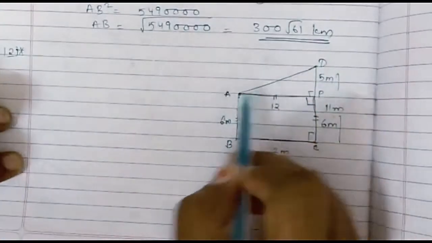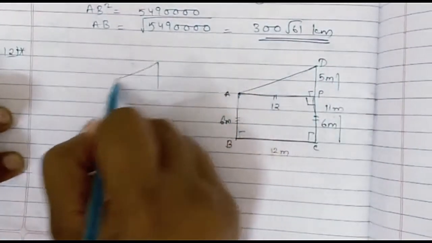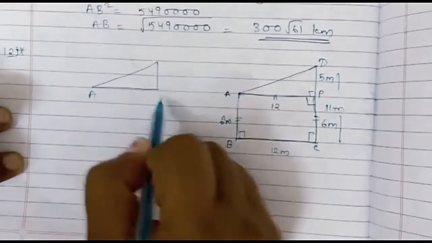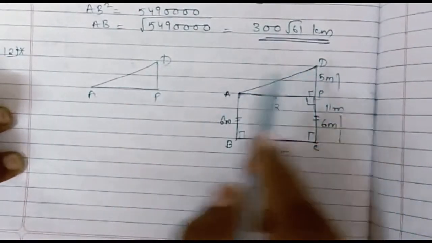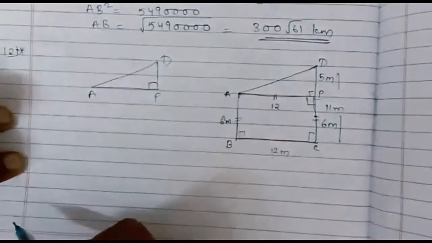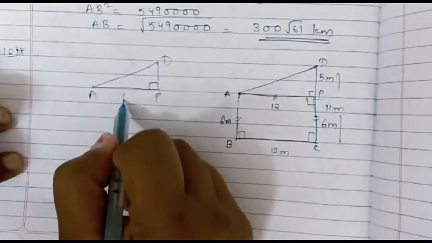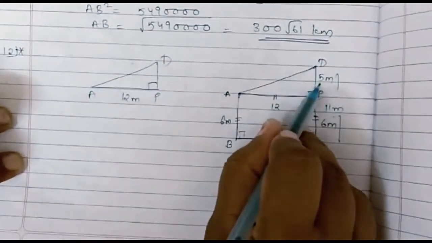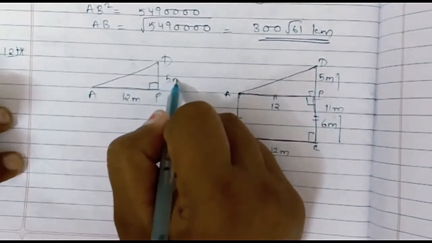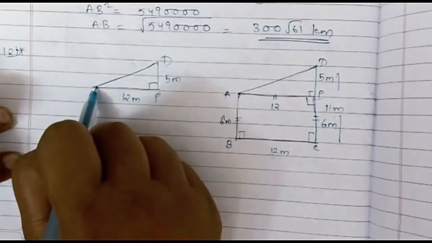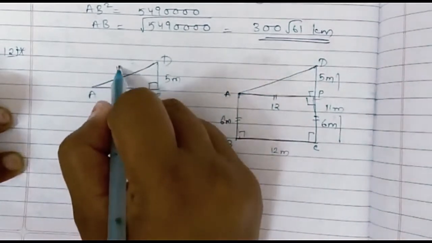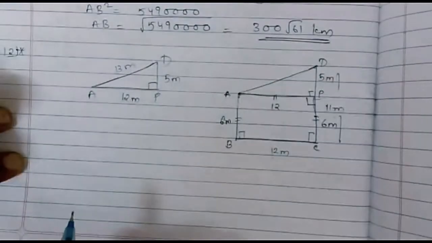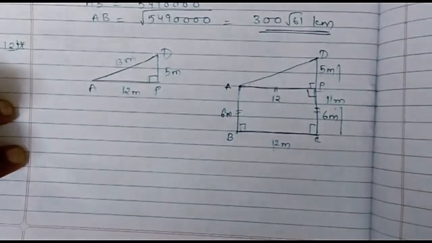And then we get again a right angle triangle like this, APD. Please see, I have drawn only the upper part, APD, in which angle P is a right angle. AP is equal to 12 meter, DP we obtained to be 5 meter. And with the help of Pythagoras theorem, it's a Pythagorean triplet, 5, 12 and 13. So we will get our answer to be 13 meter. But first let us write down the steps.